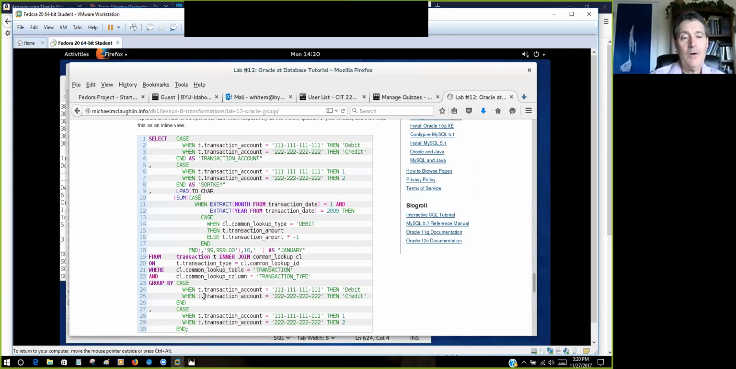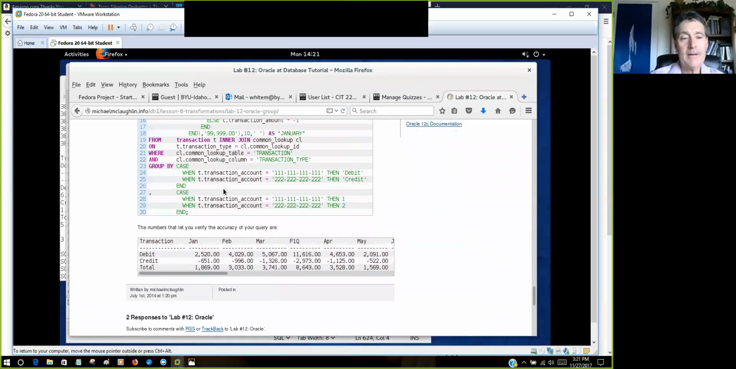And note, what do we put into the group by? We put the same things in the group by that we put up here in the select that are not function columns. Okay, so I'm going to hold that thought and we're going to go and look at